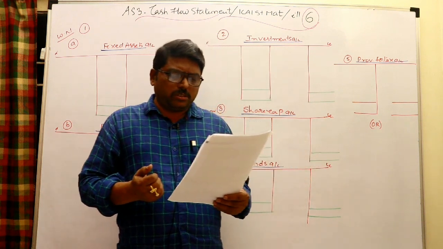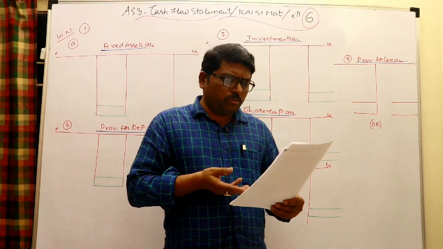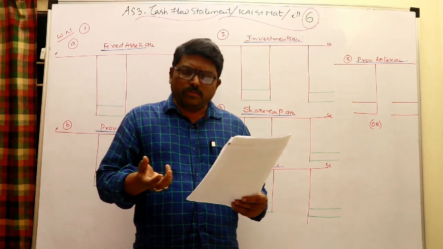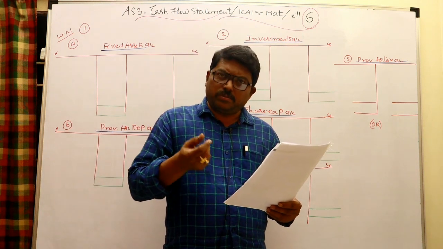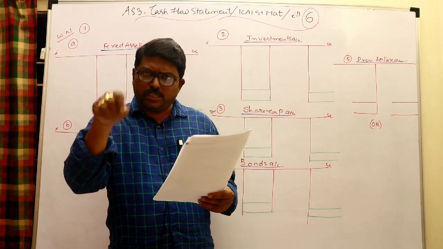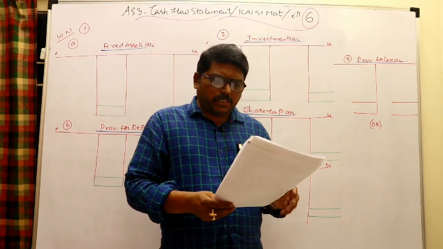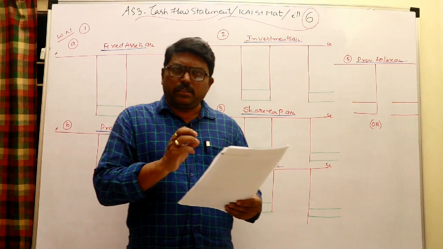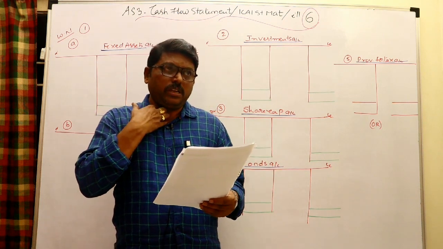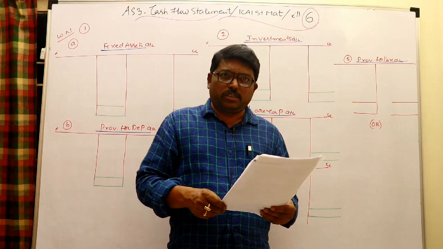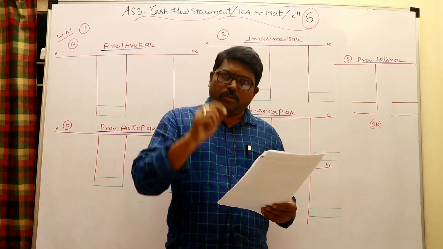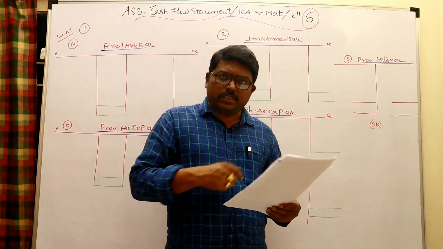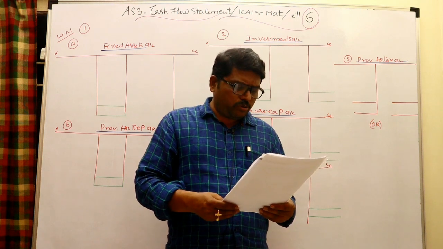Come back to the liabilities. Share capital beginning 3,15,000, closing 4,65,000. It looks like there is an increase, which means there is some issue. If it is given, no problem, otherwise you can find out the share capital like a missing figure. Reserve and surplus 1,32,000 beginning, 1,40,000 ending. So 8,000 is the profit for the year, which we can say net profit as per balance sheet 8,000, which means after appropriations that is the profit 1,08,000 rupees. Okay. Bonds 2,45,000, 2,95,000 at the end, means some bonds are issued during this period also.